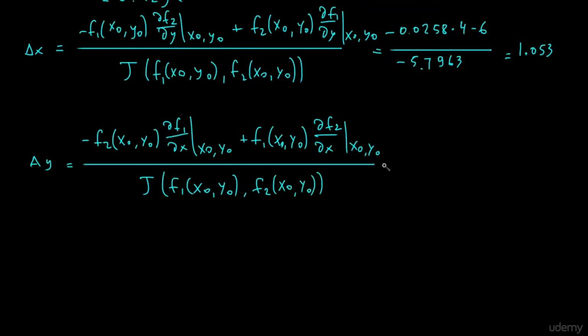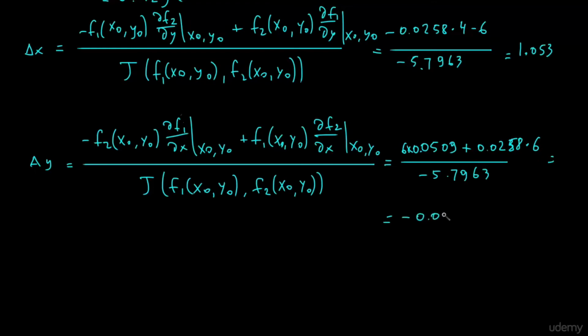So once again, we plug in the values and we get something like the following. Let's draw another line here. So we get 6.00, actually no, it's 6 times 0.0509 plus 0.0258 multiplied by 6, divided by minus 5.7963. So what we end up with is a value roughly equal to minus